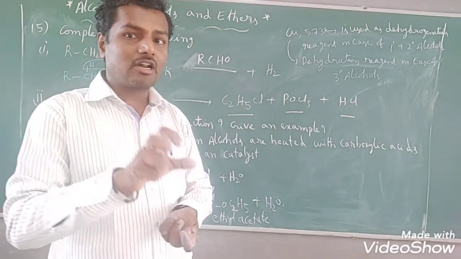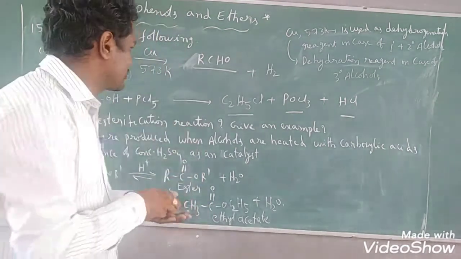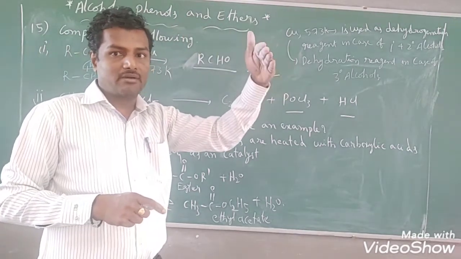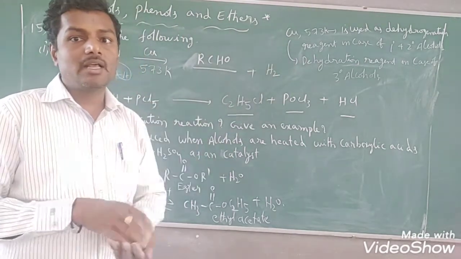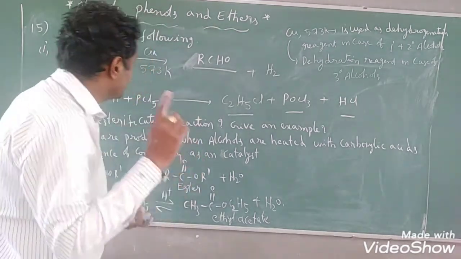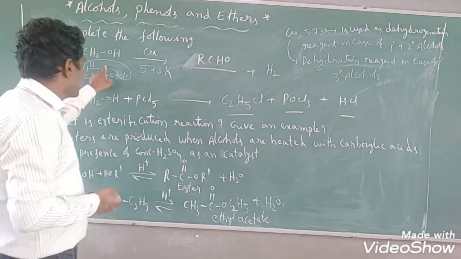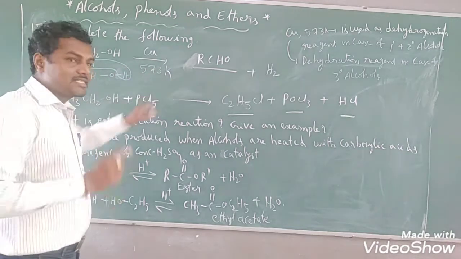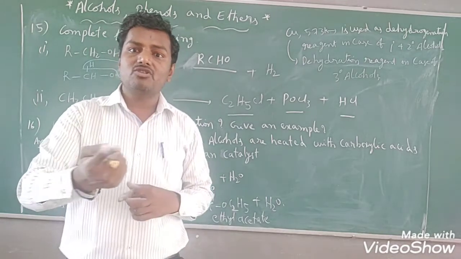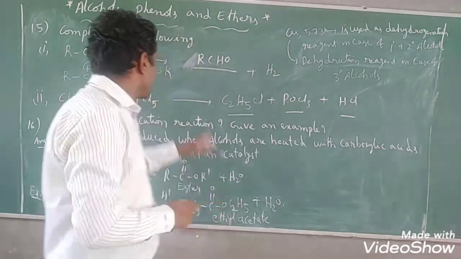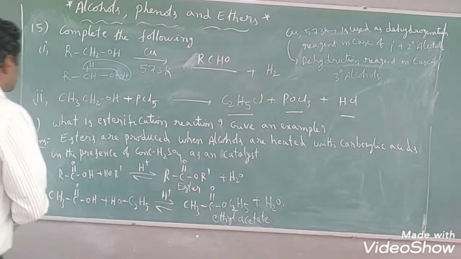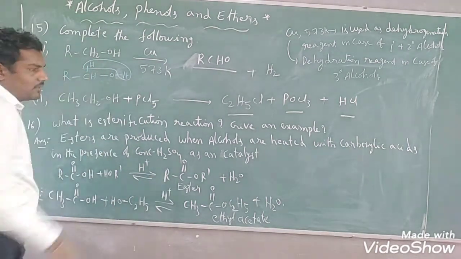While removing the water molecule, the OH-attached carbon is the alpha carbon, and from the beta carbon only we have to remove the hydrogen. So that's why alkene is formed. In case of tertiary alcohol, I have already given you an example. Once you go through it: primary alcohols will be converted into aldehyde, secondary alcohols into ketones, tertiary alcohols into what? Alkenes, in the presence of copper at 573 Kelvin. We have to keep that in our mind, students. This model numerical is very, very important.